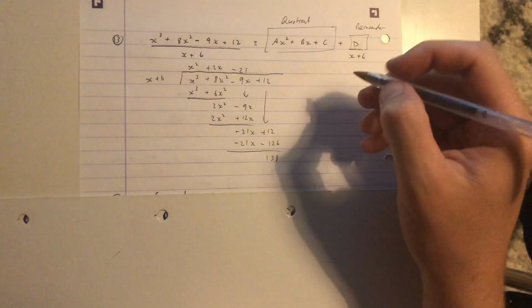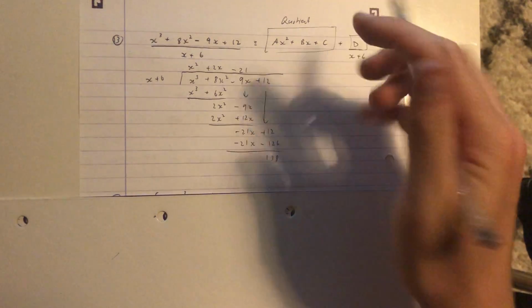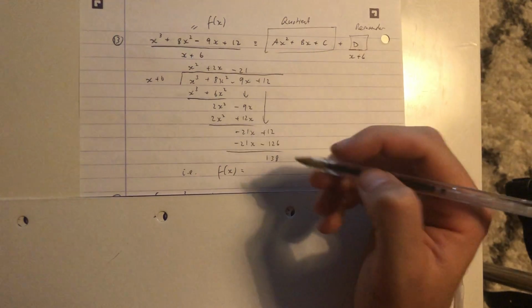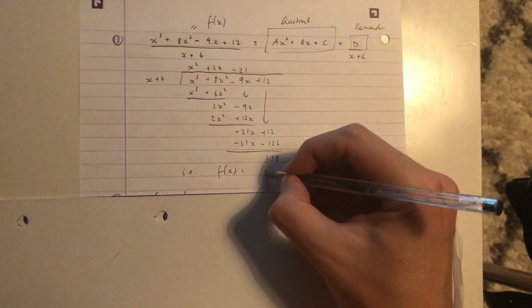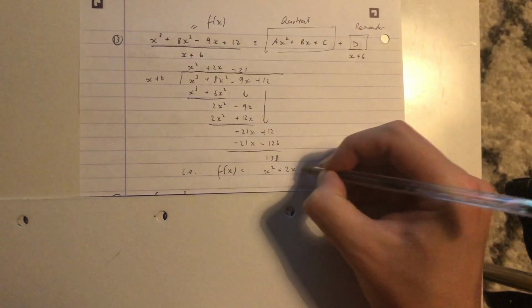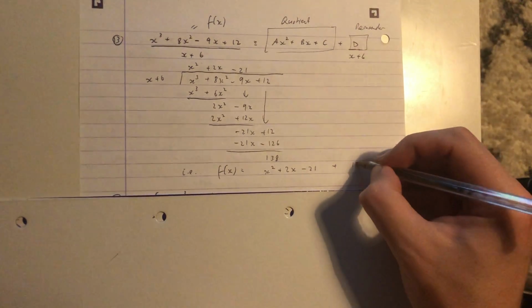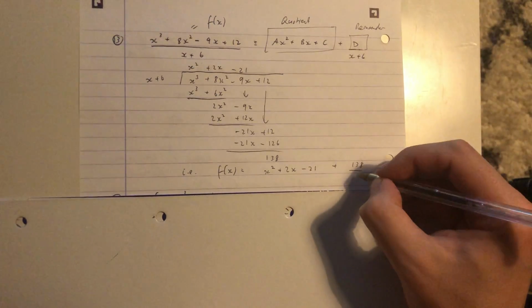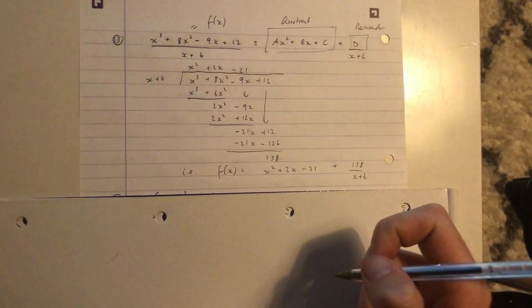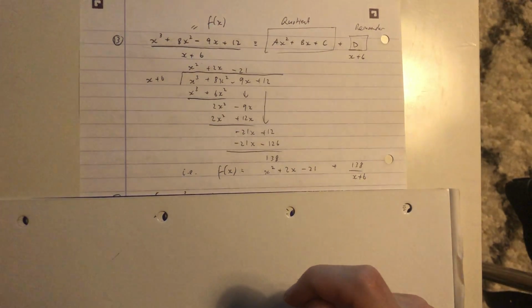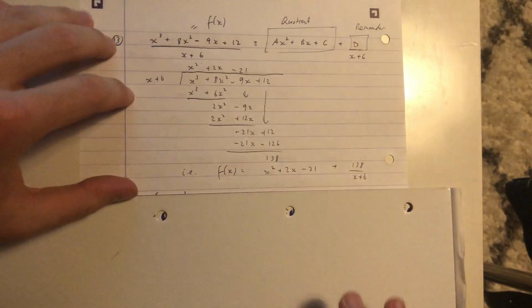Okay. So then, in other words, if I be lazy and call this f of x at the start, f of x is equal to the quotient is how many times it goes in, which was x squared plus 2x minus 21, plus the remainder over what you are dividing by, which is x plus 6. And that would be it for that one. And the final question,